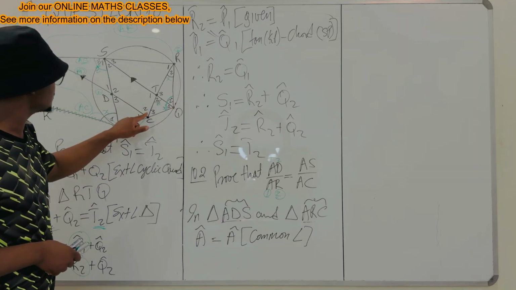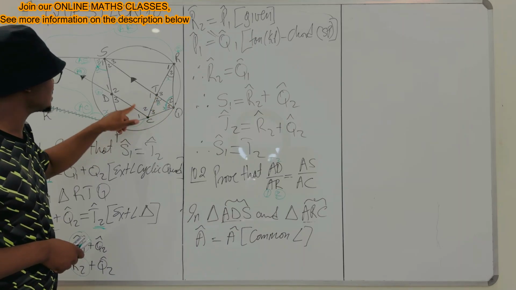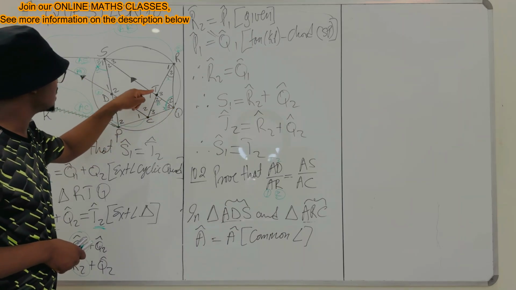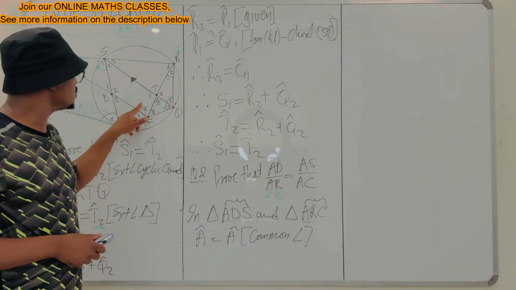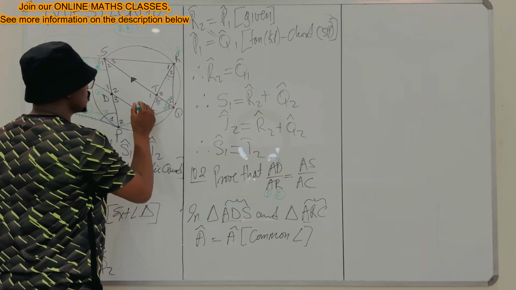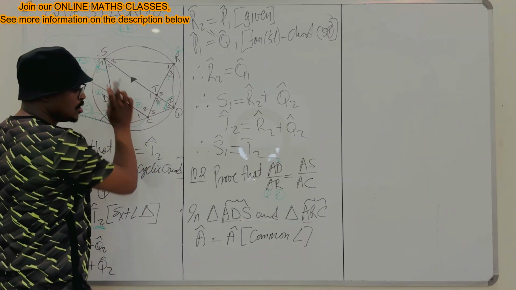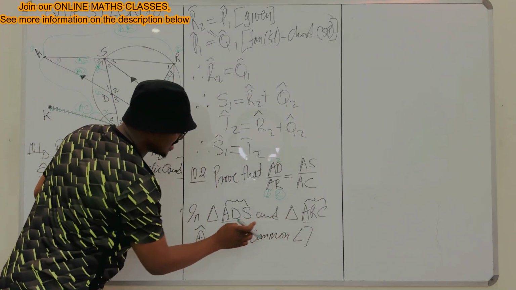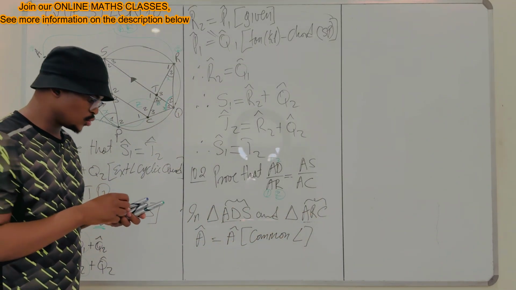If you look at this angle C2 and angle T2, they are alternate angles on parallel lines. Alternate angles on parallel lines are equal, which means your C2 is equal to Z as well, which is equal to T2, which is Z. So in that case, this angle is equal to that angle, which is you have A equal to A and your S equal to C, which is enough to say these two triangles are similar. So what we'll say was, okay,